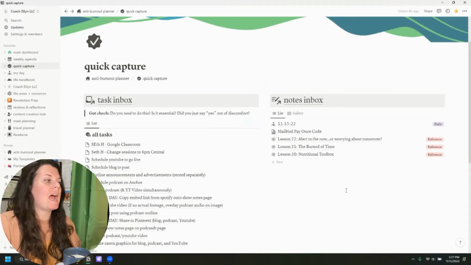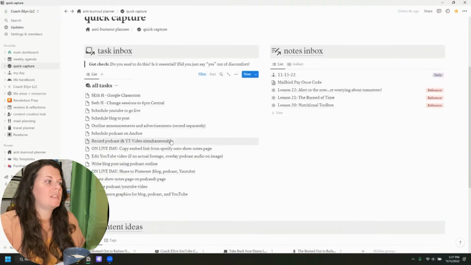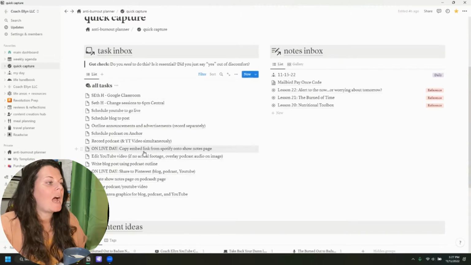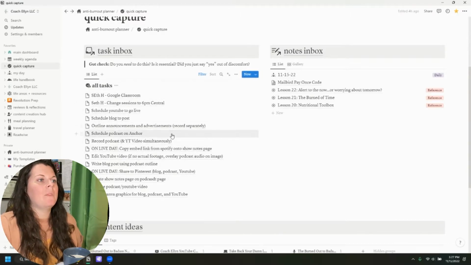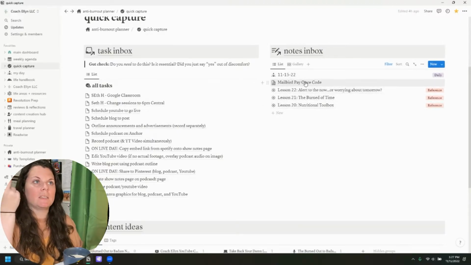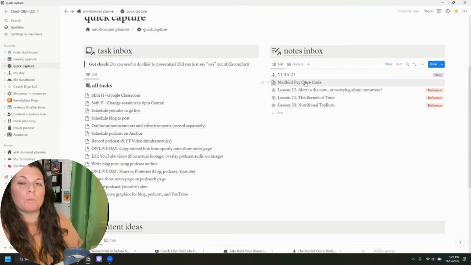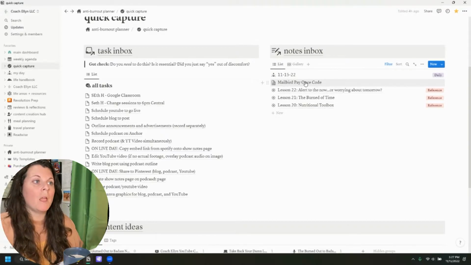Every time I think of a task that I need to do, and these are tasks that I just started scheduling content for later in the year, but these are tasks that I generated today. These are notes that I wrote today. Like, I did my daily reflection. I did some research today. But one of the biggest things is I had a license code for a new service that I signed up for because I was sick of paying monthly for Superhuman. So I'm trying out Mailbird now, which is a one-time fee, which I really like. And I didn't want to forget my license, so I just created a note inside Notion